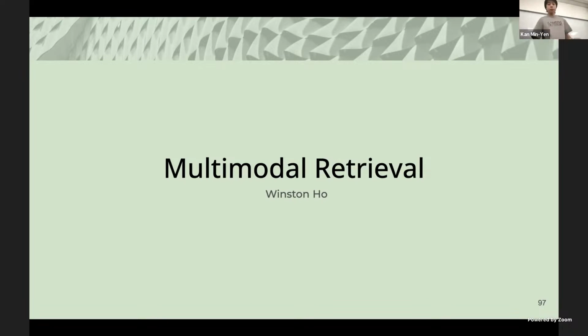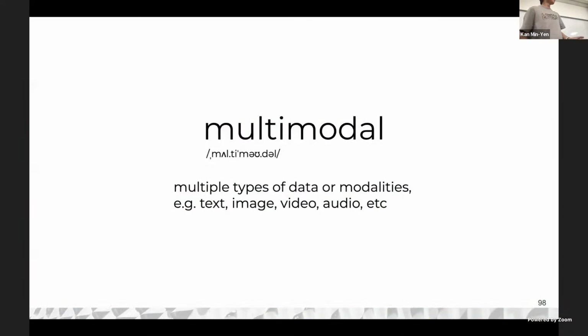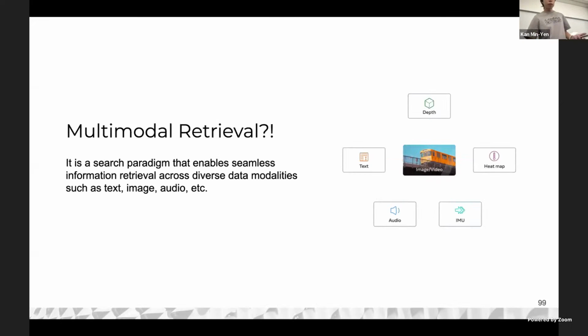Hey guys, so today I'm going to talk about multimodal retrieval. It's mostly going to be about Meta's ImageBind paper. Very briefly, I'm sure we all know what multimodal is, but just in case, let's set definitions. Multimodal basically means that we are using multiple types of data or modalities, for example text, image, video, audio, and we pass that through the retrieval model. So what is multimodal retrieval? It's a search paradigm that basically